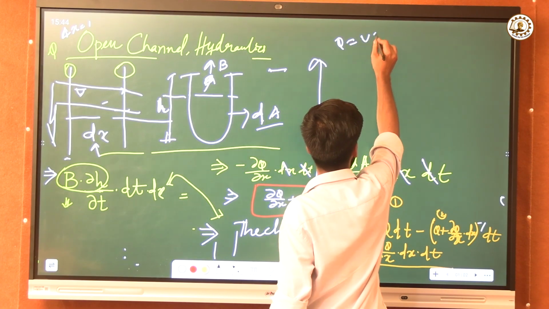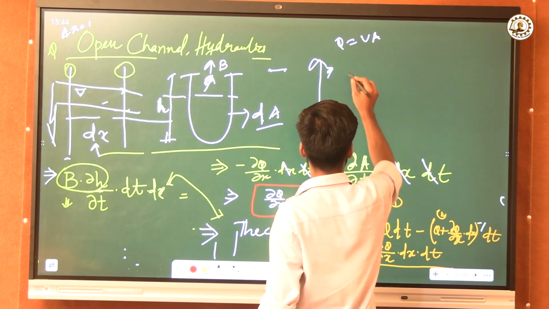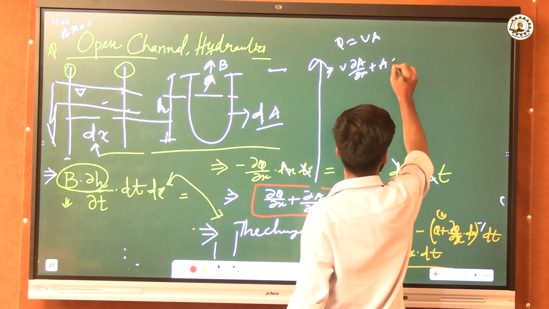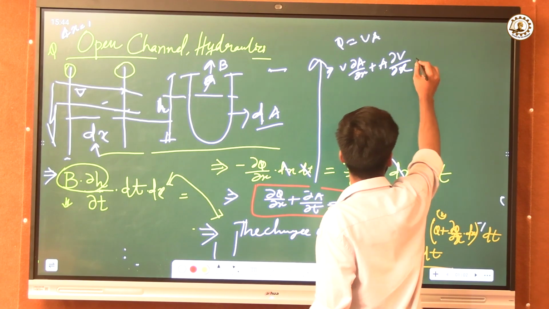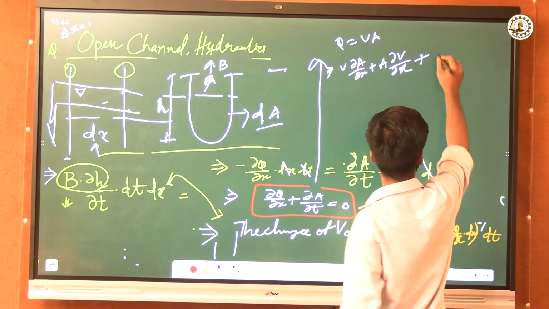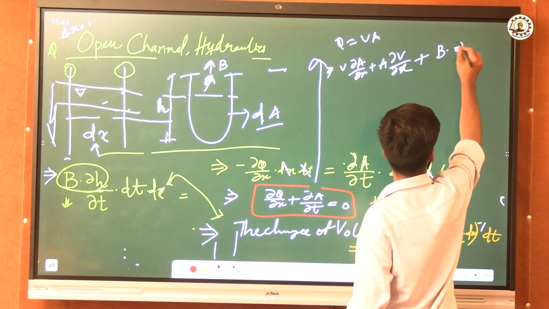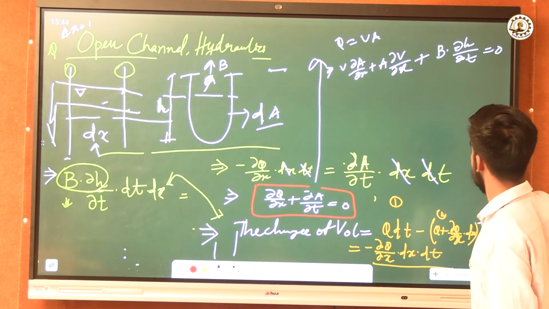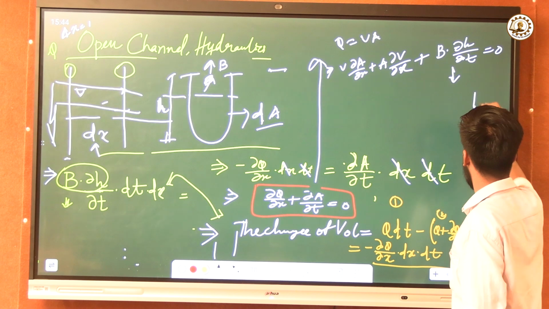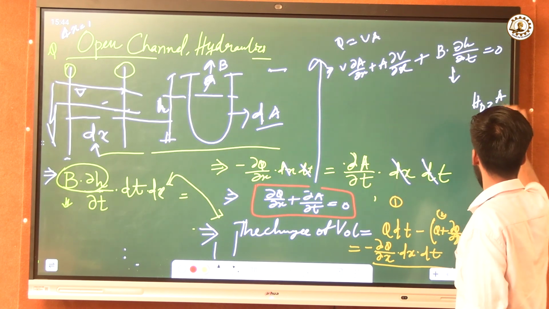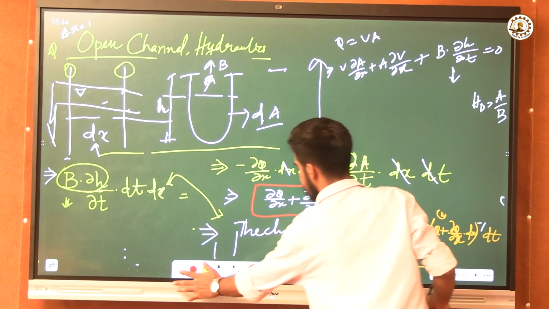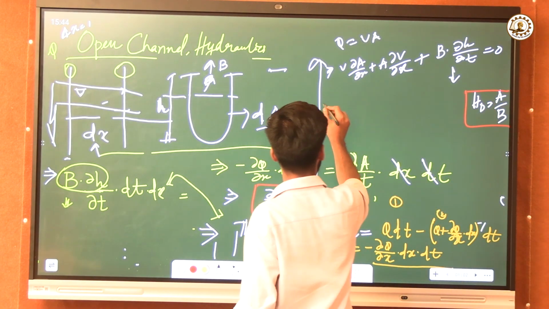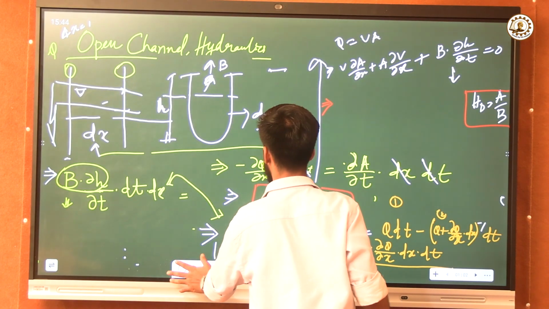Q equal to V into A. Now if we differentiate, V del A del x plus A del V del x plus that term will be our V into del H del x. Now what we know is that the hydraulic depth equals A by B, isn't it? Put that term here, we get